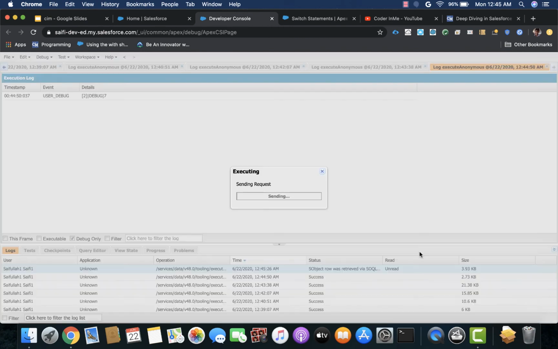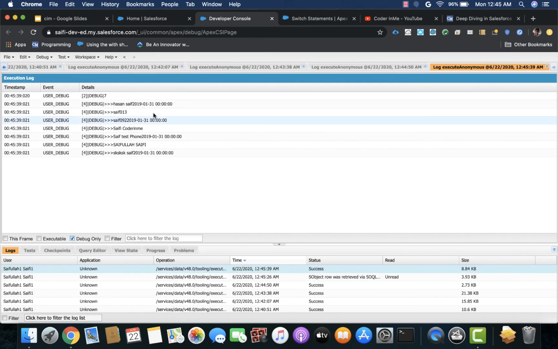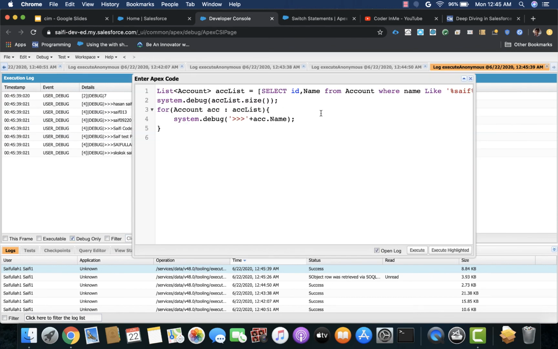Okay, now it will print the name, right? You can see the size is 7, and these are the names of the accounts that we were talking about. So basically, we can fetch using the for loop. We have used the for loop for account ACC, account list, and then we can name it anything. We can check the size, we can put it in the list, and similarly we can also use the DML operation on the list